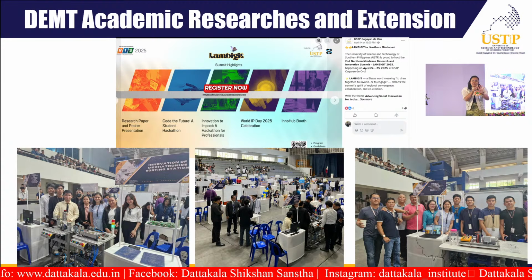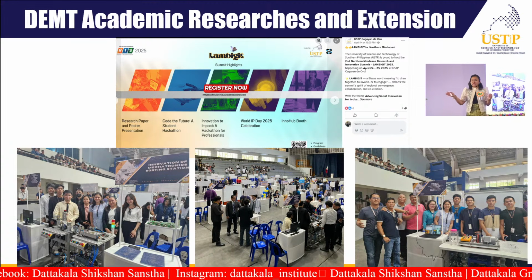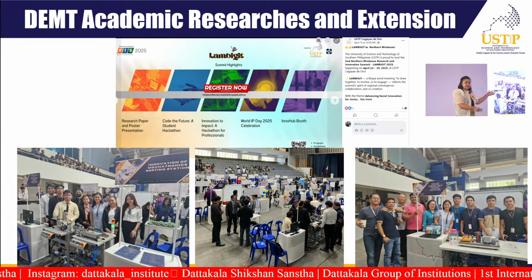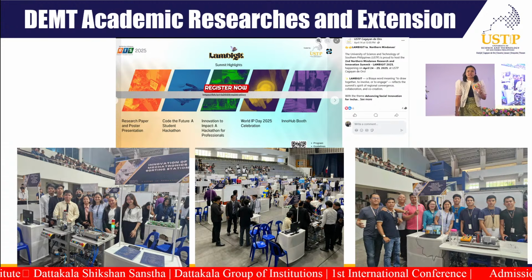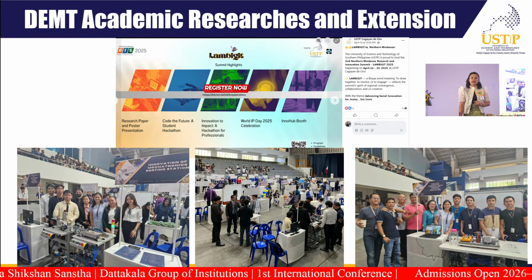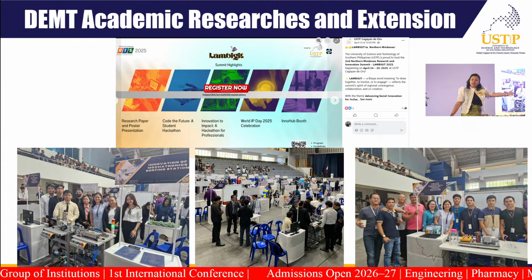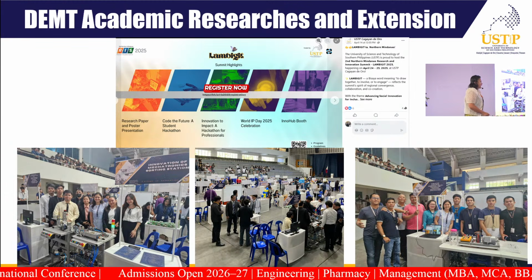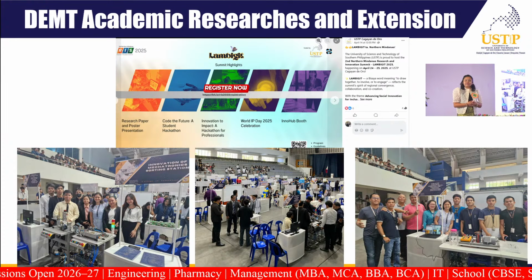So maybe in these 5 there are 40 to 45 contenders or participants who join this Lambigit, and then collect the best researches in the different colleges. So we have this yearly, and next month we are celebrating the Lambigit in our university. And maybe next year I will invite